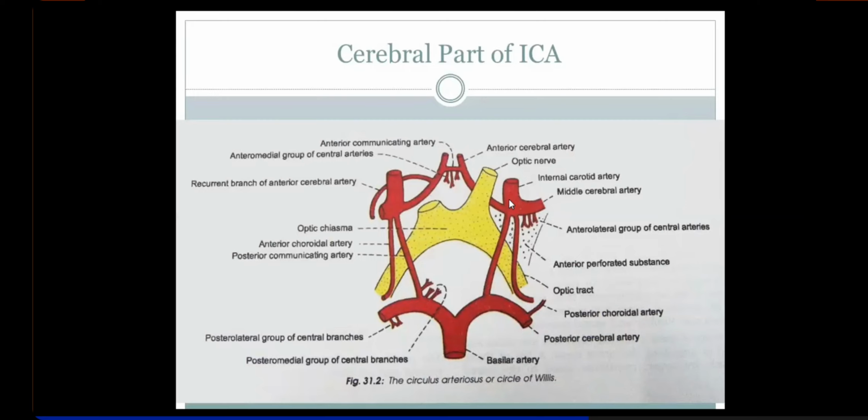But from the cerebral portion of the internal carotid, there are 5 branches. You know, the ophthalmic artery they have not shown. Then the 2 terminal branches, anterior and middle cerebral, and posterior communicating and anterior choroidal artery. Only this much. Okay? So you're done with the internal carotid artery in detail. I hope you'll remember this. Okay, so it's done.